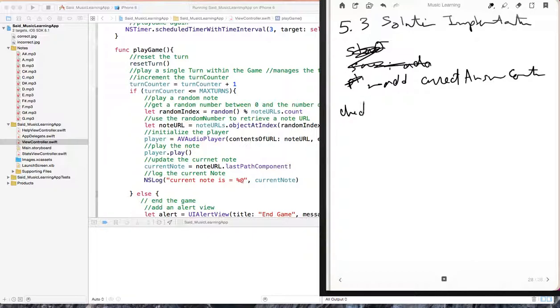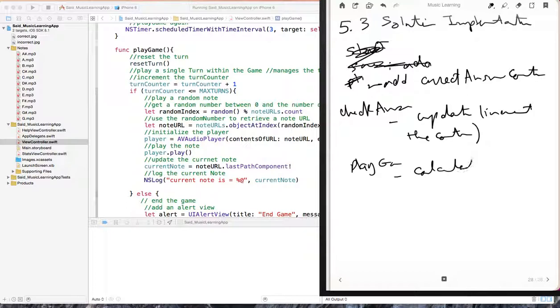Then in the check answer, update or increment the counter. And in the play game, calculate and display the score, as well as update the stats. Then in the update stats,